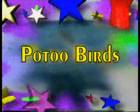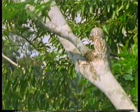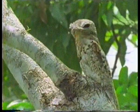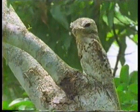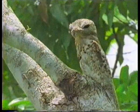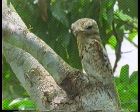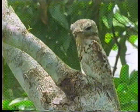Patu birds. The patu bird that lives in the jungles of Venezuela is a master of camouflage. The color of the bird's feathers and the color of the bark of the tree it sits in are created the same. Let's look carefully. You can see on the screen